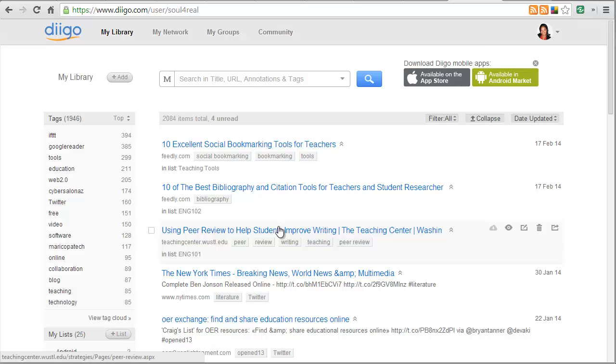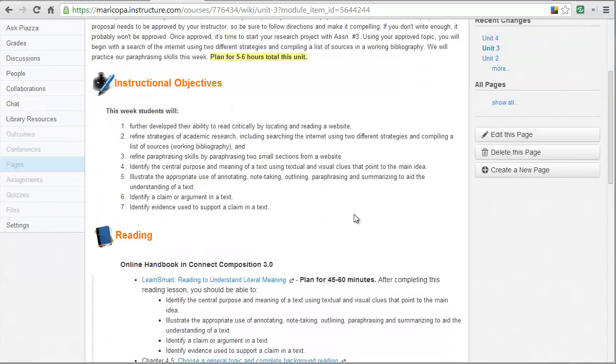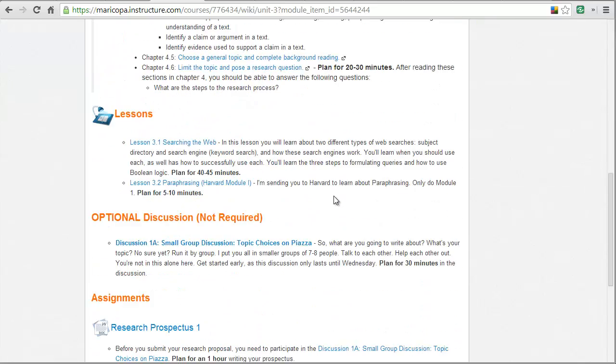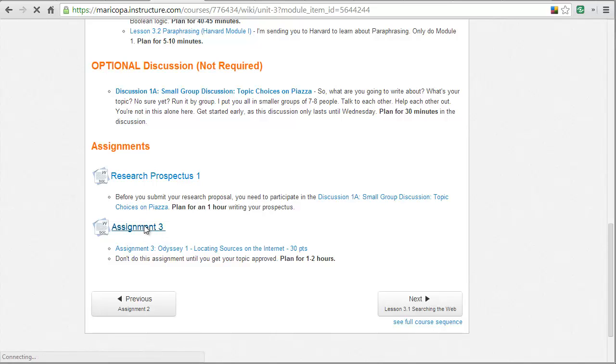Assignment number 1 shouldn't have been any problem, and that should be posted in Canvas. Now, keep a couple of things in mind when you're doing Canvas. Sometimes things just don't work. A video doesn't show up. You might not see a link to add something. A lot of times it has to do with the Java in your browser. So when you go into an assignment and you feel like something is missing, if there's a video missing or something,